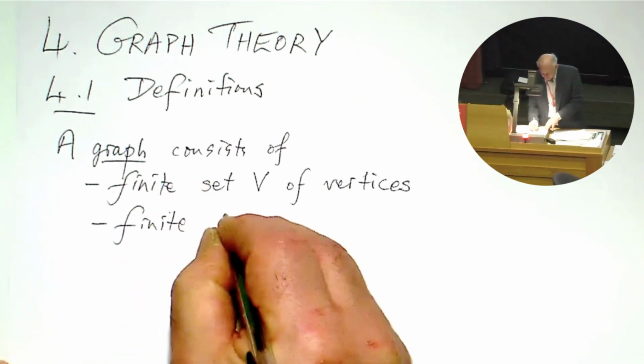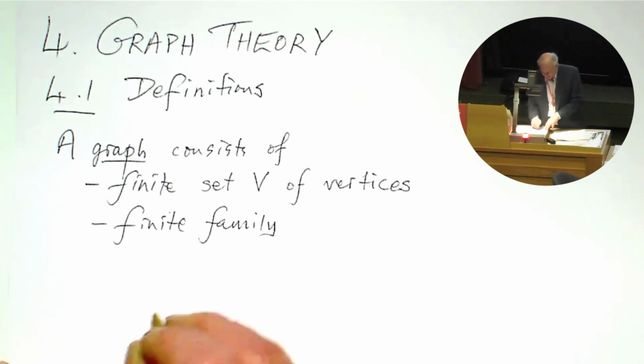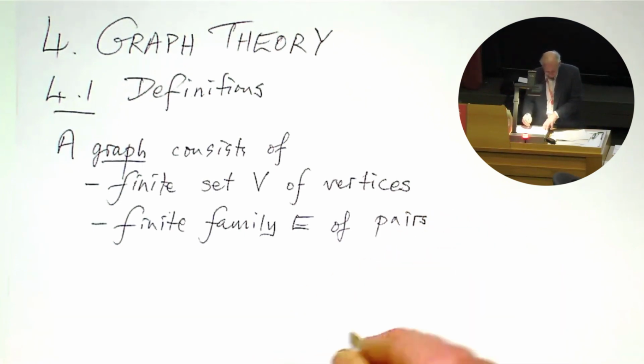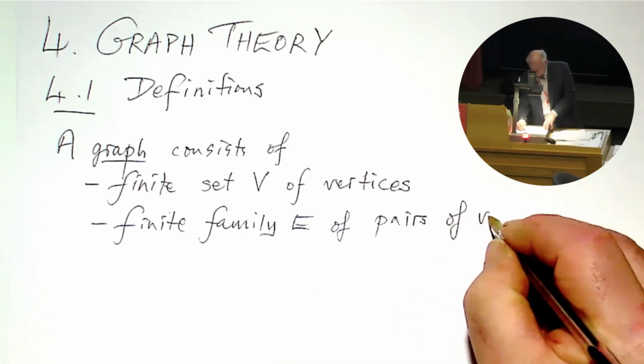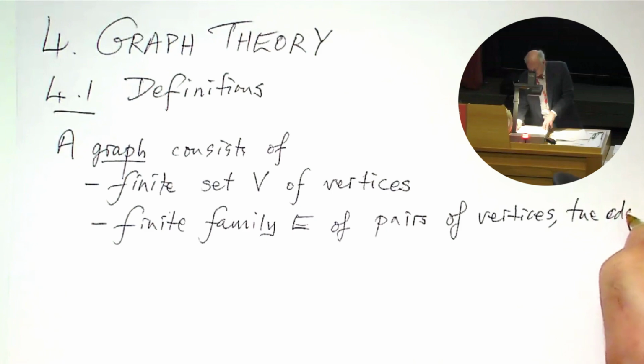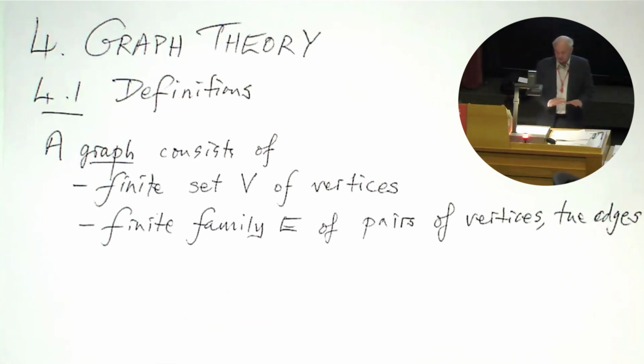Well, a finite... I'm going to use this word family. I'll say why I'm not using the word set. E, of pairs of vertices, which correspond to the edges. Remember, any edge is something that joins two vertices. So if we want to define things without pictures, to make it all algebraic, and of course if you want to put graphs on a computer you need some sort of algebraic scheme, an edge is just a pair of vertices, basically. But I can't quite use the word set here,